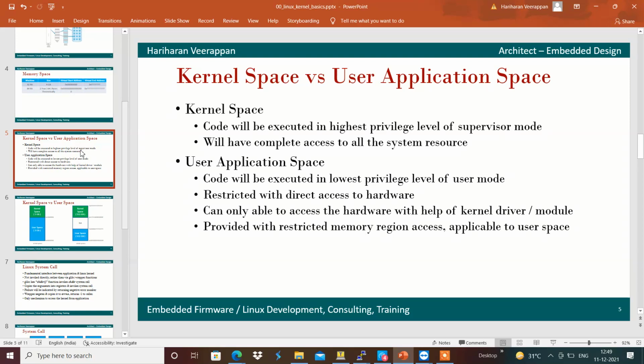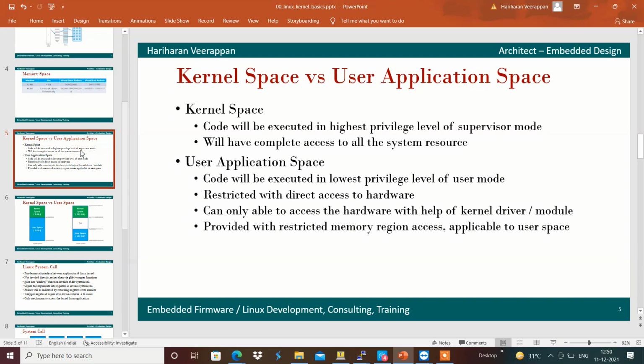All the kernel and the kernel modules get executed in the kernel space with the highest privilege of supervisor mode, which provides complete access to all the system resources, all the system memory access, all the hardware access, all the peripheral access. All those things will be available for the code which is executing in the kernel space.